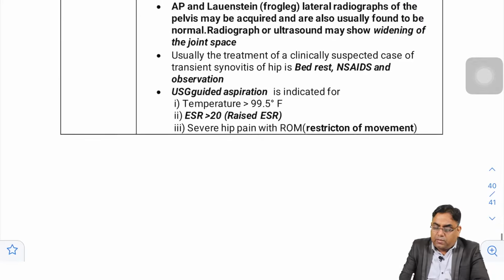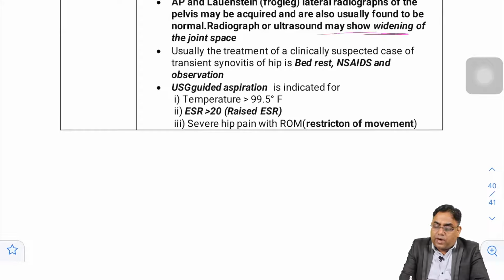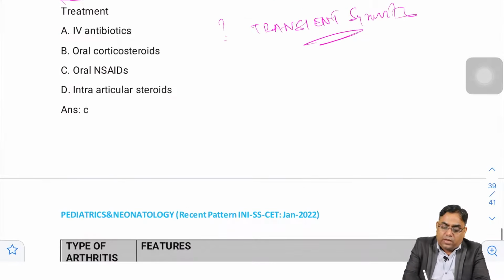Ultrasonography may show widening of the joint space, and the treatment is bed rest, NSAIDs and observation. So, the answer will be oral NSAIDs. So, this is